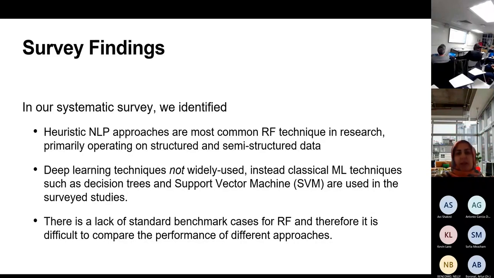Instead, classical machine learning techniques such as decision tree and SVM are applied. And importantly, we came to the conclusion that there's a lack of standard benchmark cases for comparison of requirement formalization approaches, to check their efficiency and so on.